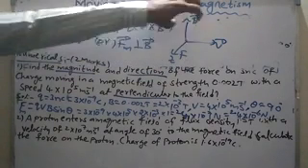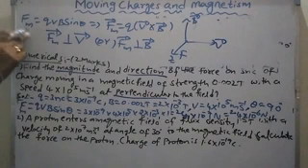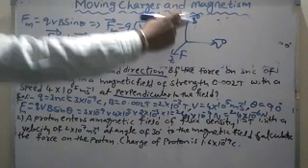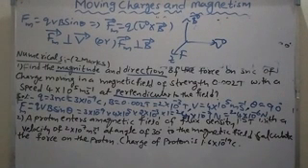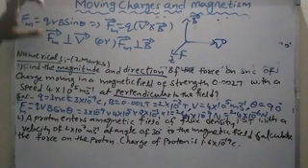The direction of force is what? Perpendicular to the plane containing V bar and B bar. What is the direction of magnetic force, friends? That is perpendicular to the plane containing V bar and B bar. That is the direction of magnetic force. Next, just write the answer: the direction of magnetic force is perpendicular to the plane containing V bar and B bar.